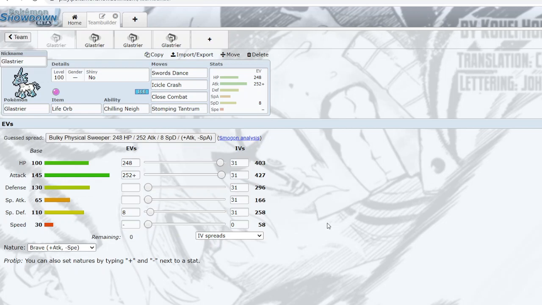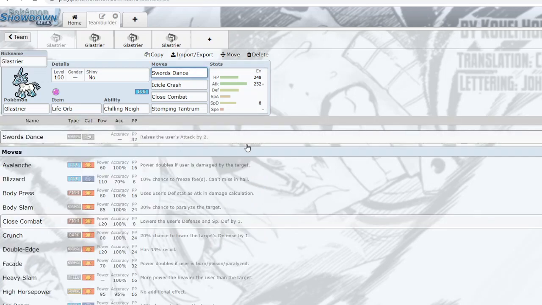So in my opinion, I think it's best to run this mon in Trick Room, and that's why I made some sets that can actually work in Trick Room. So first, we have an SD set with Icicle Crash, Close Combat, and Stomping Tantrum. Actually, let me show you the move pool that's better than, what's it called, that one mon. Oh yeah, Spectrier. So overall,